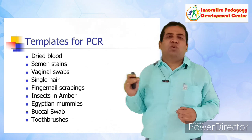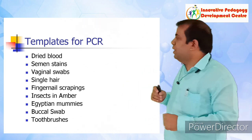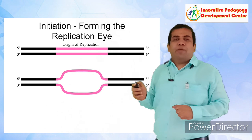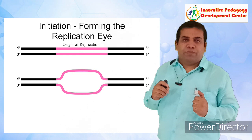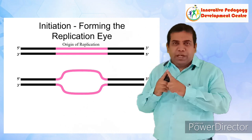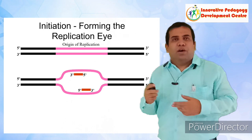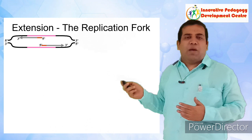Buccal swab and toothbrush are some of the sources from where you can easily isolate DNA, and that isolated DNA acts as a template for PCR. Many times, friends, you correlate PCR with replication. In replication, you know that one DNA is converted into two strands of DNA. The same thing occurs here. In replication, the origin of replication is there, a fork is formed, then primer binds,